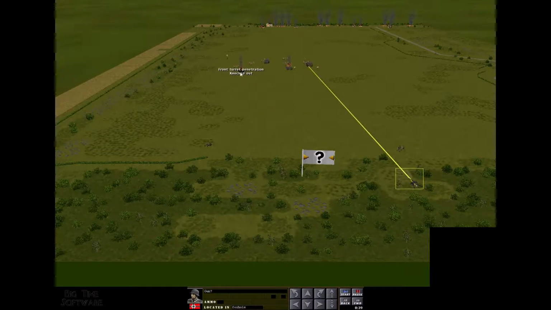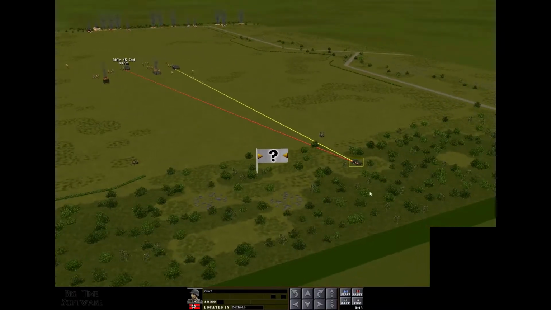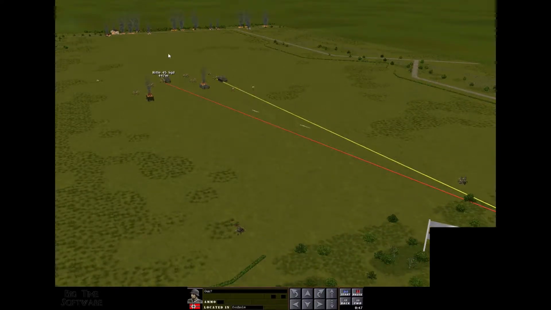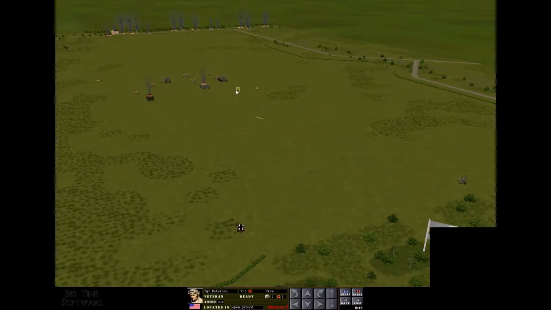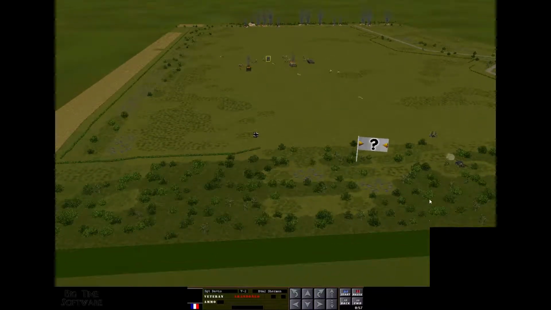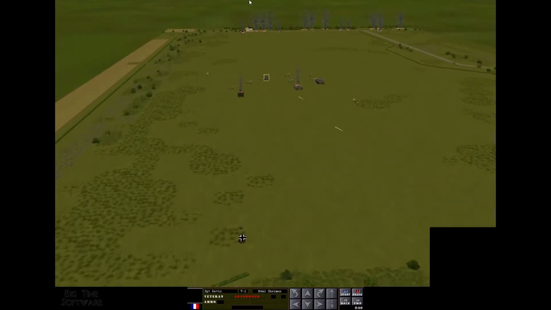As you can see now, yeah, knocked out. This thing knocked out too. So this is how dangerous the pack guns could be, and how lucky the tank crews were in certain respects against these German guns. This guy is abandoned. I don't think this guy was hit, but